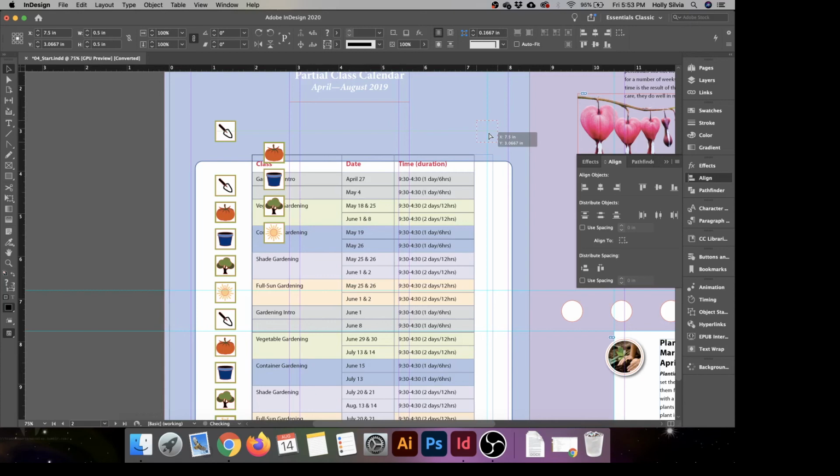You can see a smart guide will appear on my screen. It's a really light green. I'm going to let go. And I'm just going to eyeball the others. And I can go in